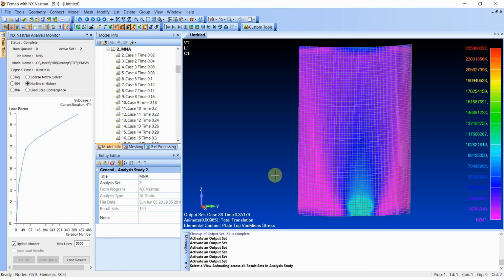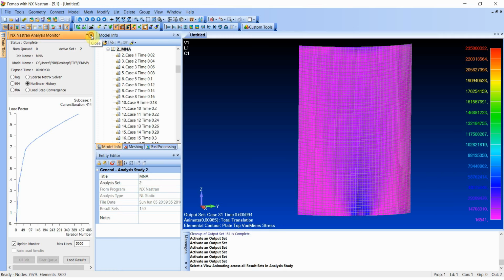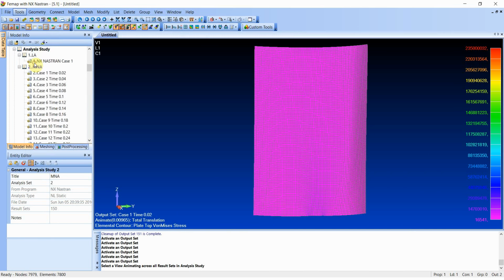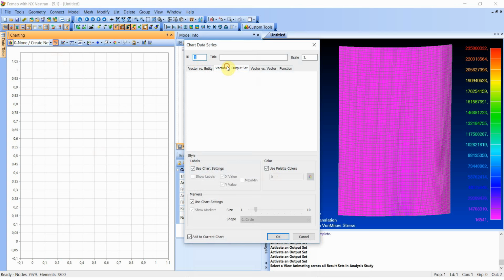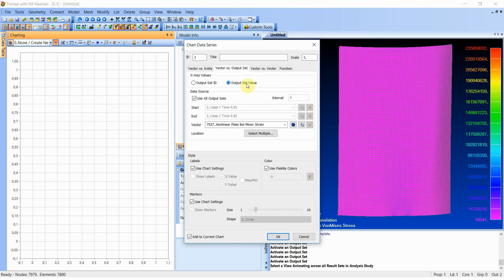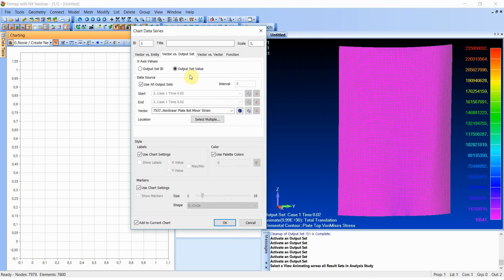So let's create a stability path, which is a tool useful in problems like that. So we will go into charting and create new data series that is against set value. Set value is a multiplier, a load multiplier that was used in the iteration that we are looking at right